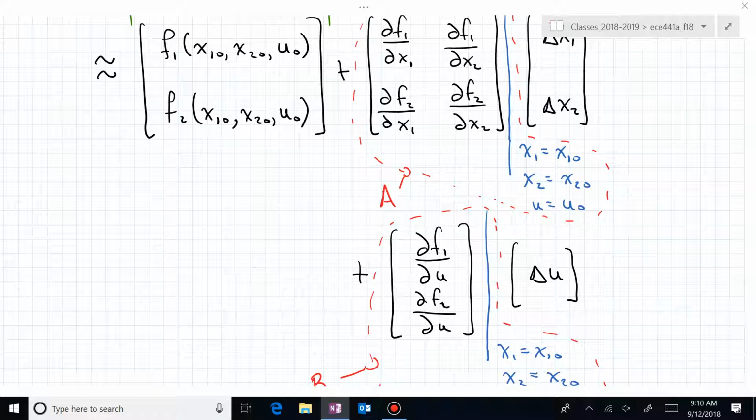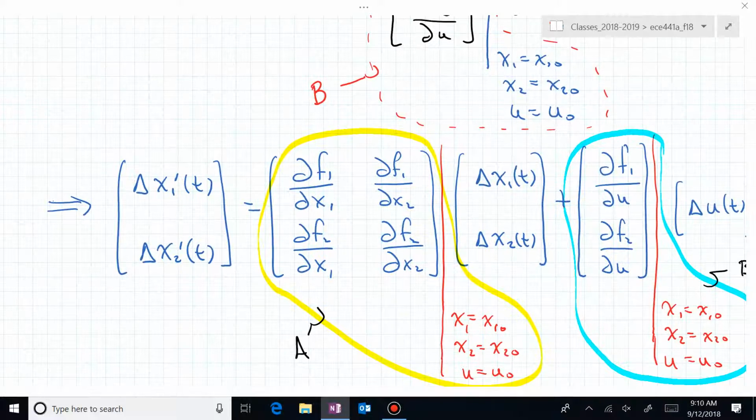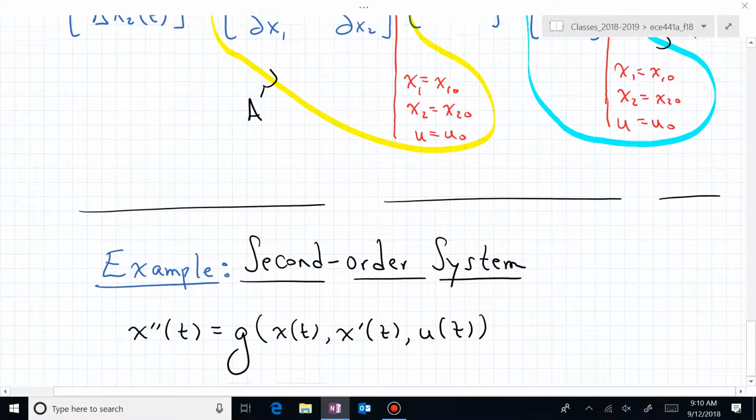I think the next screen is really just showing the result of what happens when we cancel the x0 prime equal to f sub 0, which is what we're assuming is true around the operating condition. This is exactly what I had before. It's just we canceled two equivalent pieces on either side of the equality sign. So that's a lot of partials to be writing down, but let's go through an example